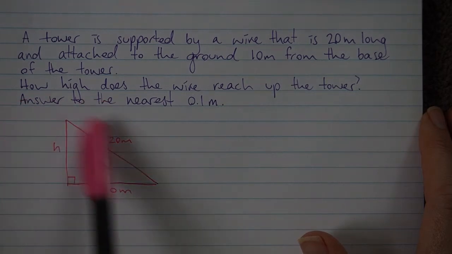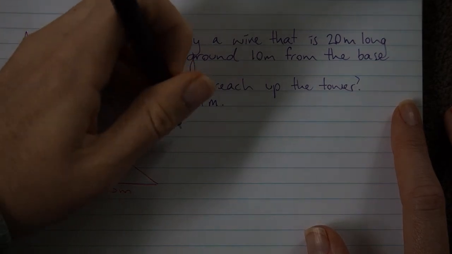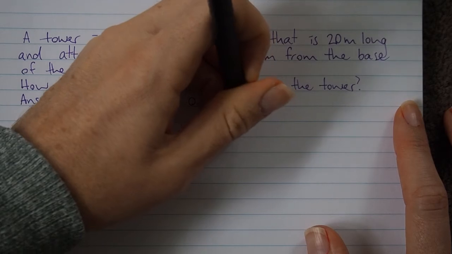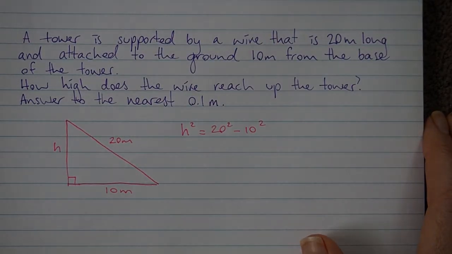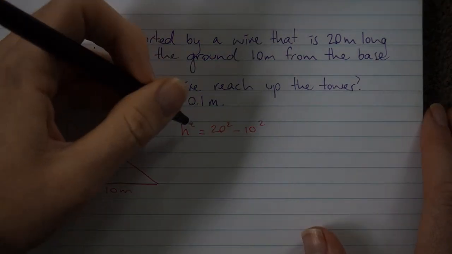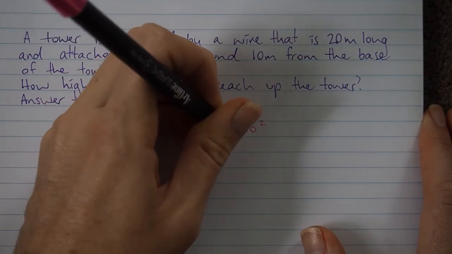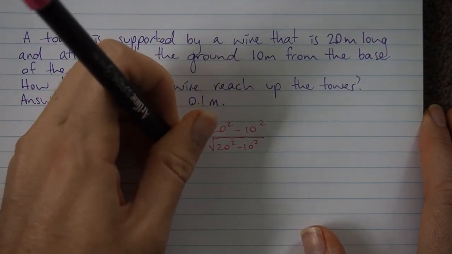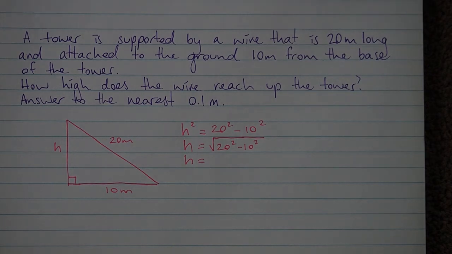All right, so now I'm going to input my information into Pythagoras' theorem and work out the height of the tower. So we know h squared is equal to 20 squared minus 10 squared this time, because obviously we are finding a short side, so we need to subtract. The opposite of squaring is square rooting, so that's how I'm going to get h on its own. So I need to square root my other side, which is 20 squared minus 10 squared. So our height of our tower is equal to the square root of 20 squared minus 10 squared, which gives us